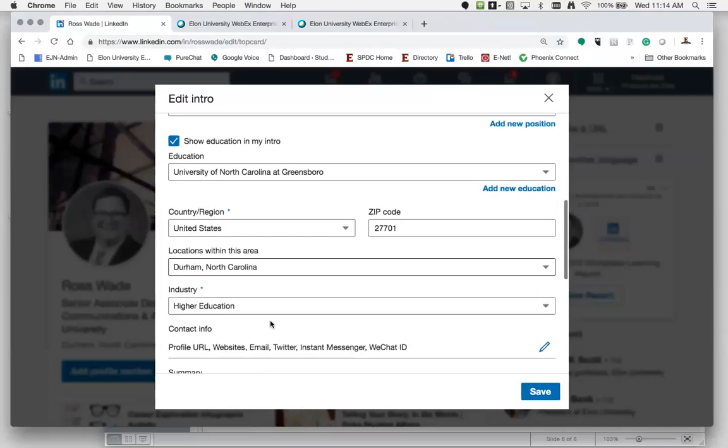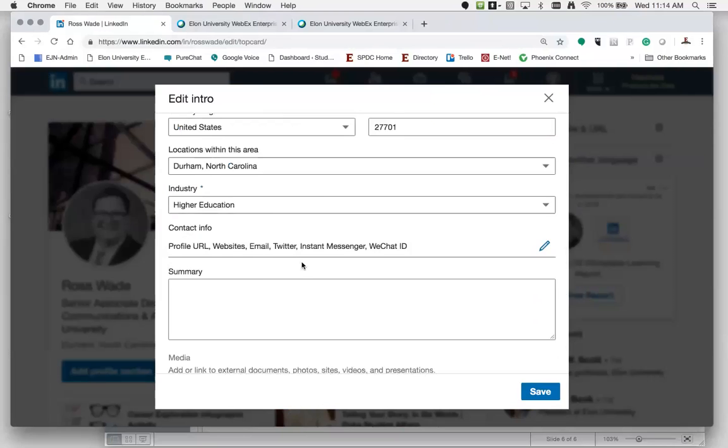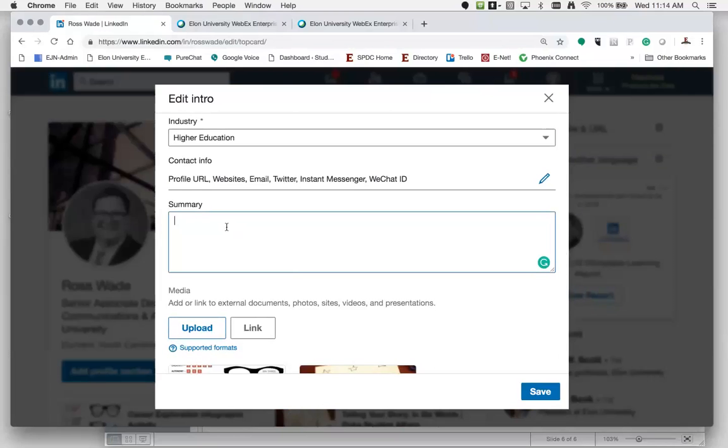As we scroll down, it's just going to ask for basic information. And there's also an opportunity to do a summary. Now, summaries, I've seen some really good ones and some really bad ones. Think about it logically. If you're not a good writer and if your grammar and spelling aren't too good, consider not doing one or doing a very short one. If you are a good writer, definitely put something in there. But again, think of this as a word bank. So you just want to focus on, these are the skills I have, here's the value that I bring to a company, and these are specific skills that I have.